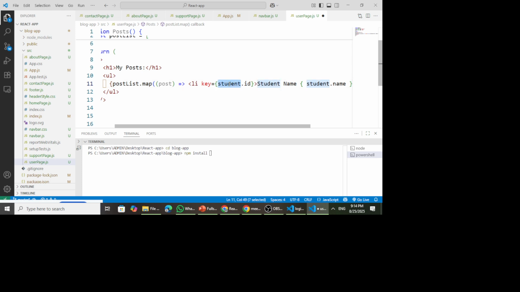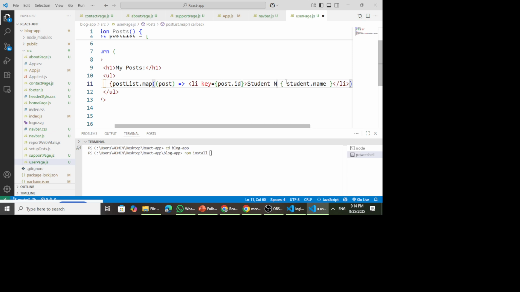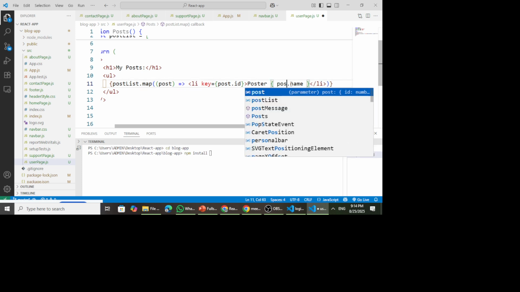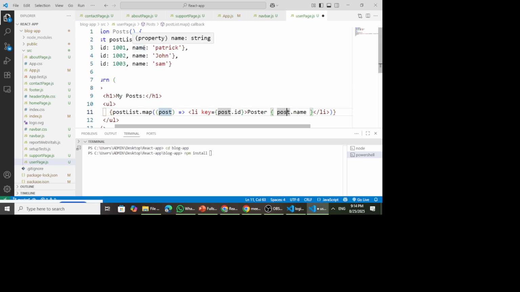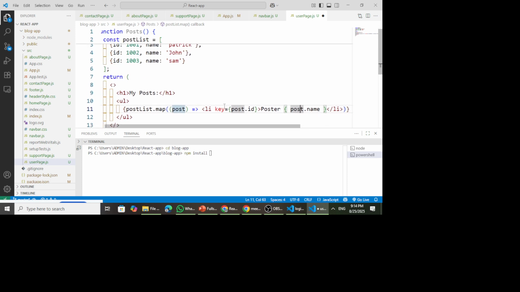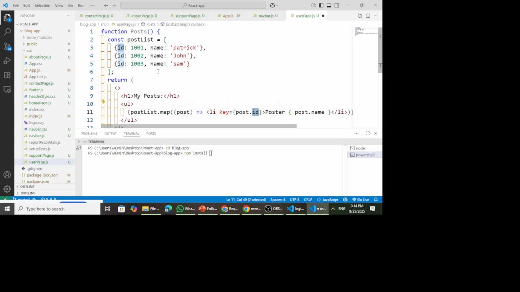So we're going to say post.id, and then the poster, who's the poster, so we say post.name. Are you getting that? When you say post.name, we are accessing this name here. So you can see here we are using the key ID, or we might have, let's say,